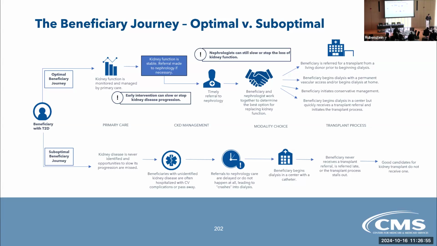So once you get to a nephrologist, the goal is you get that timely referral, you get that early care, you get the work and the necessary lifestyle changes and pharmaceutical interventions that help slow down and really manage the progression of the disease. You also then begin to have the conversations about renal replacement therapy. What is the best option? Which modality of dialysis? How can we start thinking about transplant? And is dialysis even the best option given the goals for patients?